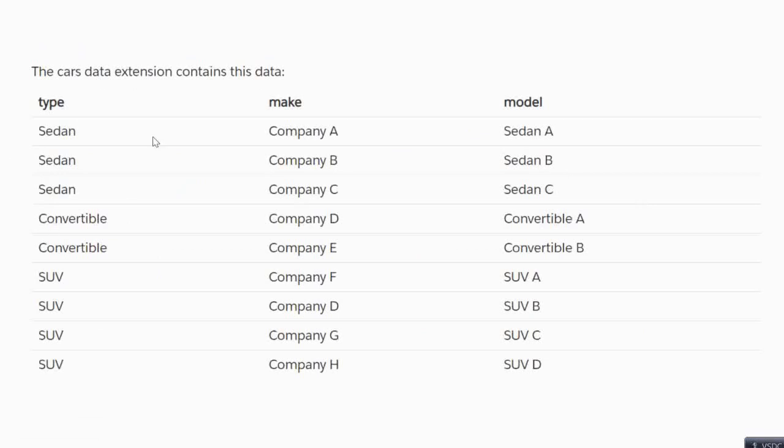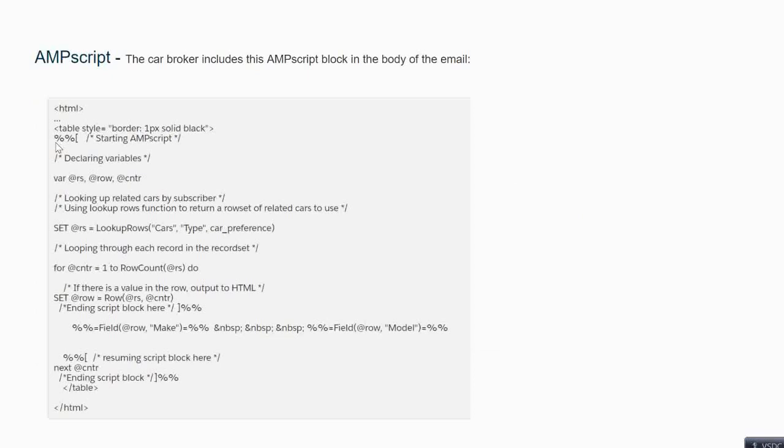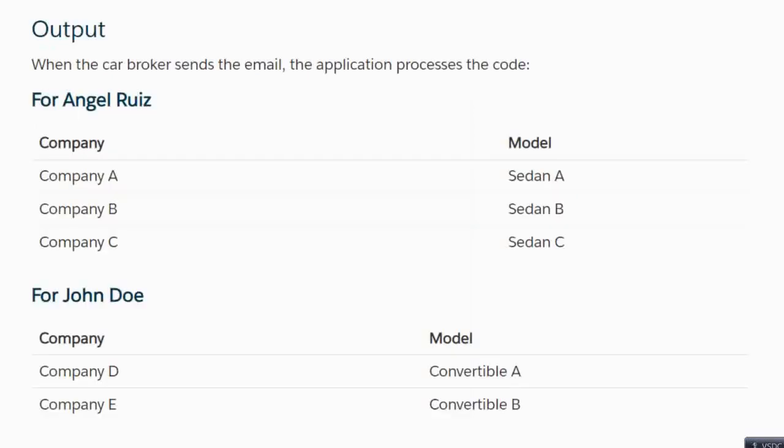Based on the car preference, the data is filtered out from this other data extension, as I have shown you, filtering out only that particular data for that particular user through this AMP script, and you get a more personalized email engagement from the user.